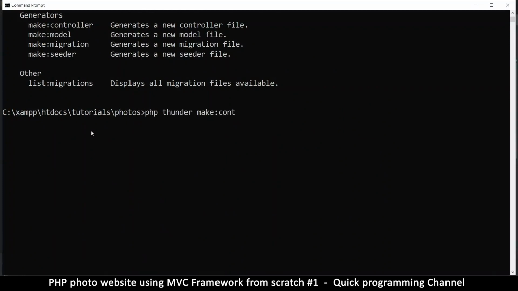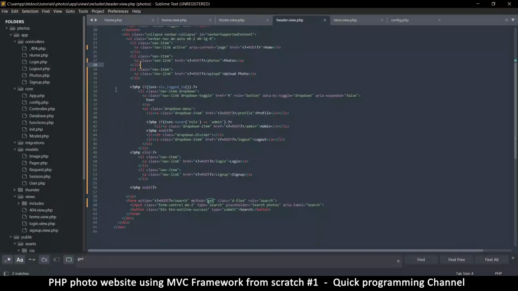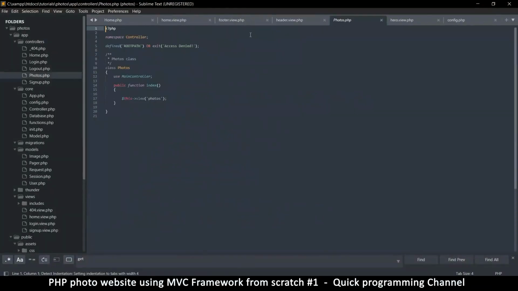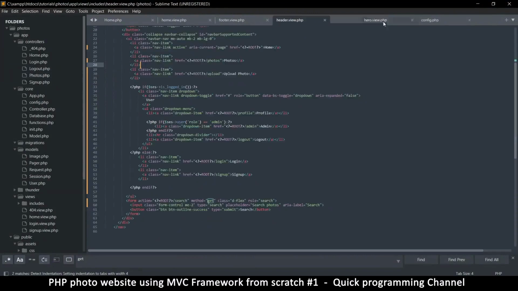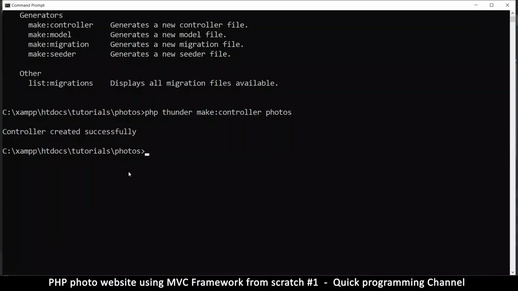controller. Okay, so make controller, and what's the controller name is photos. Okay, so I want to make one photos. Great. So if I now go to my controllers, you see that there's a photos controller there, which is awesomeness. Okay, and just like that, I want to create another controller. So I'm just going to repeat myself and change that to upload